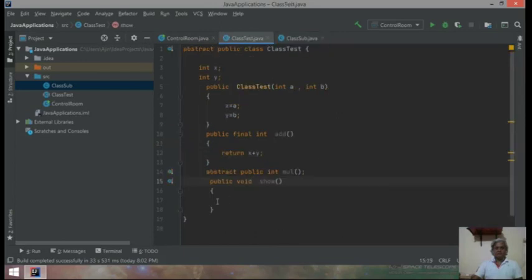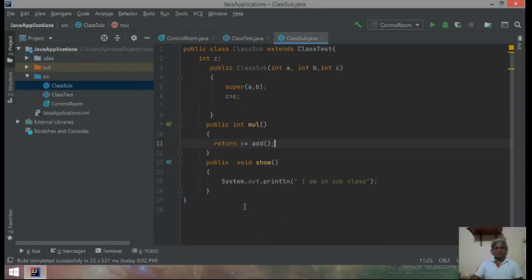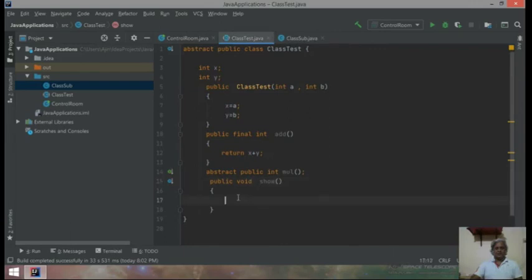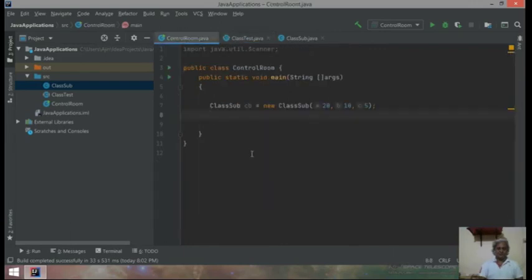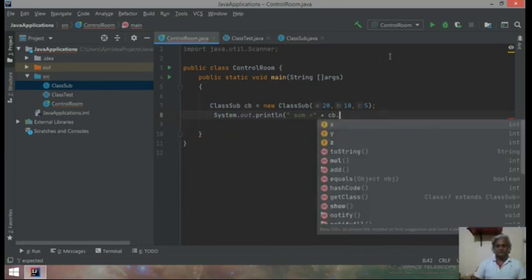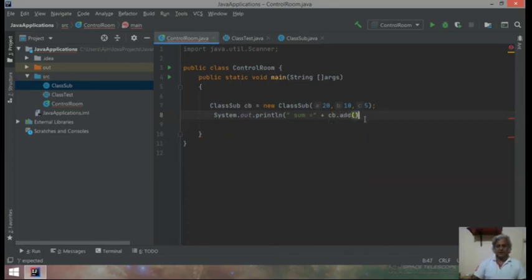Now I'm going to call this function, so I need System.out.println. I go back here and then I print CB, or I write sum equals CB dot add,